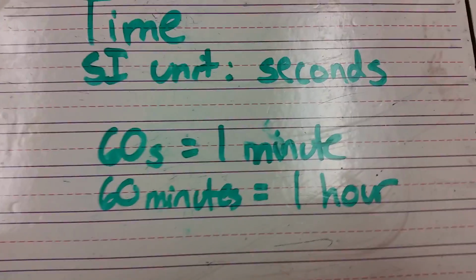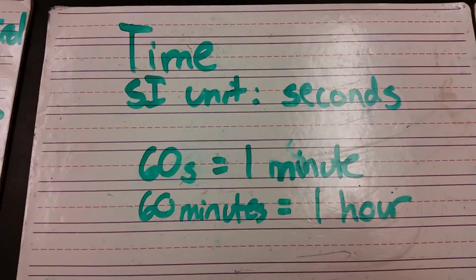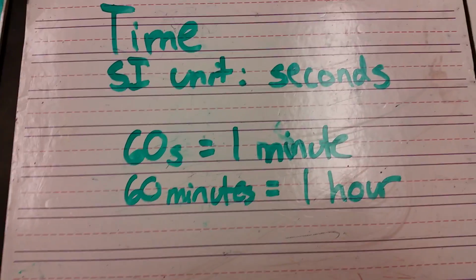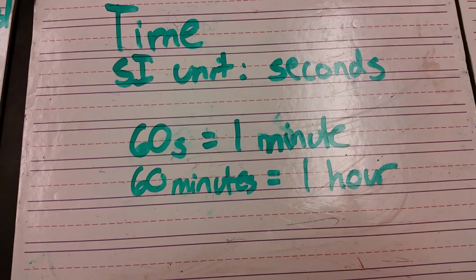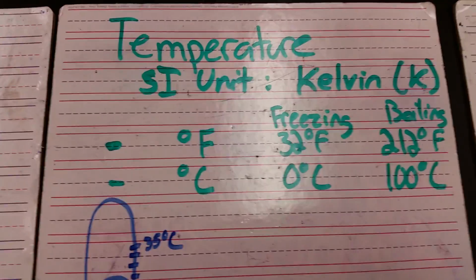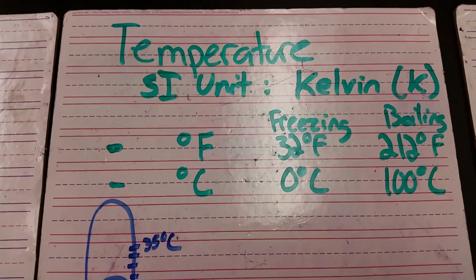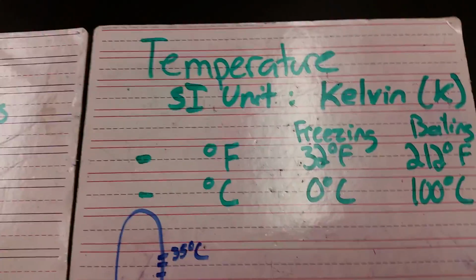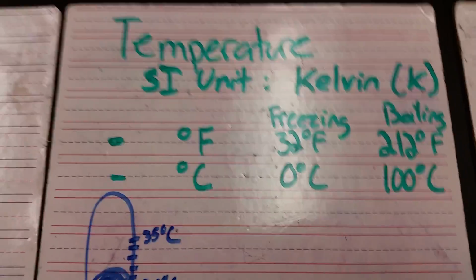Now, time's a little more straightforward. The SI unit is seconds. We know there are 60 seconds in 1 minute. And for every 60 minutes, you get 1 hour. So you can actually do time pretty straightforward. Now, temperature is only a little tricky, only that the unit itself is actually Kelvin. And then if I'm looking at my units,